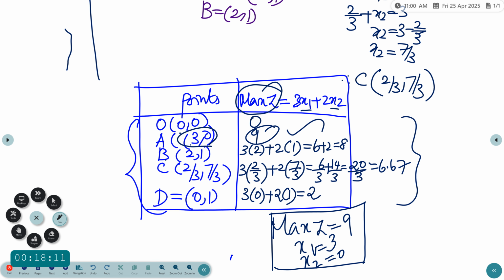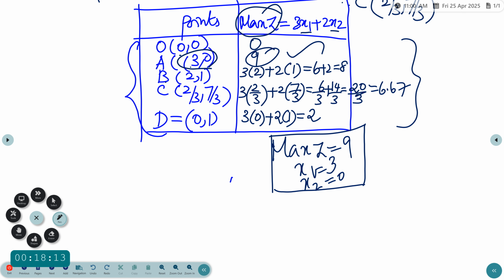Suppose in case of a minimizing objective function, find out the minimum value from the set of solutions. This problem has a unique solution. The first case, unique solution. So, a two decision variable problem is solved by the graphical method. This is the procedure for the graphical method. In the next class, we will see the other cases, that means multiple solution and unbounded solution.